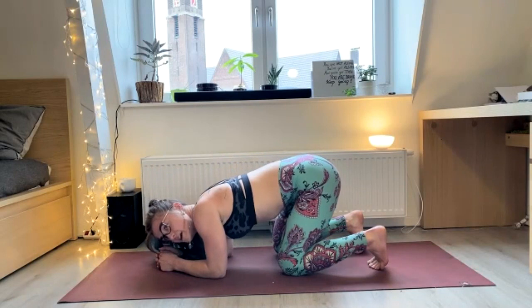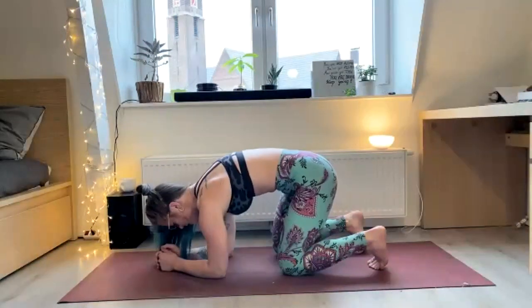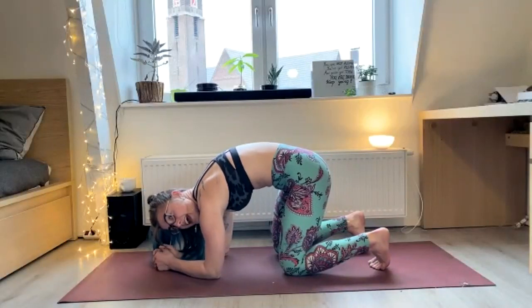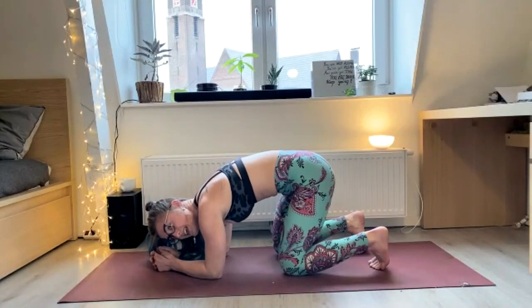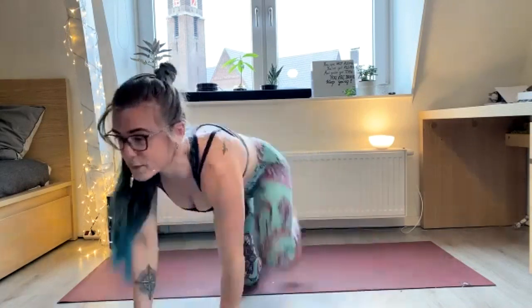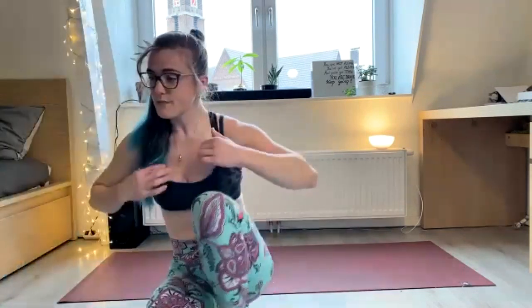So this inhale is like soft. Exhale, push the elbows in, open the back. Really, really getting that neck relaxed as well. Inhale to the center, keep looking down. Exhale, lift the breath to the upper back. Really look at your belly button, guys. Look at your belly button as you're